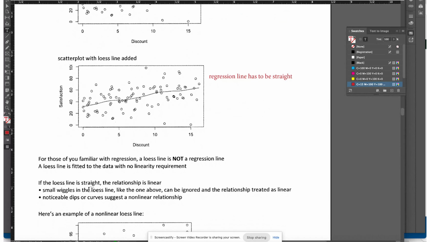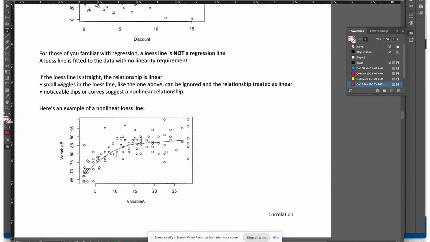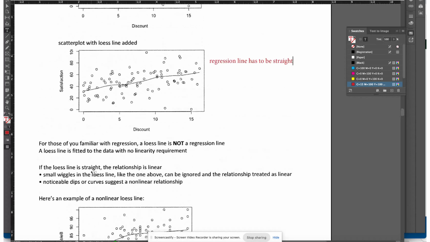If the lowess line is straight or straight-ish, the relationship is linear. Small wiggles in the lowess line, like the one above here, are okay. They can be ignored, and the relationship treated as linear. Noticeable dips or curves suggest a non-linear relationship, like what we see here. So that's definitely not a linear relationship. That would be an example of a non-linear lowess line. So now that we've established that this is a linear relationship, let's go to step number 5,